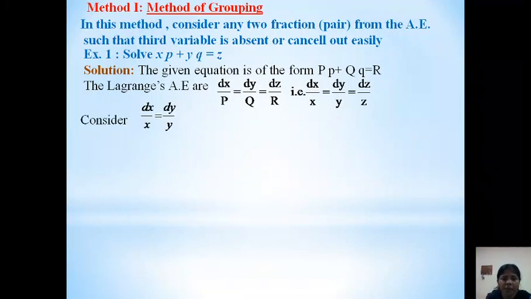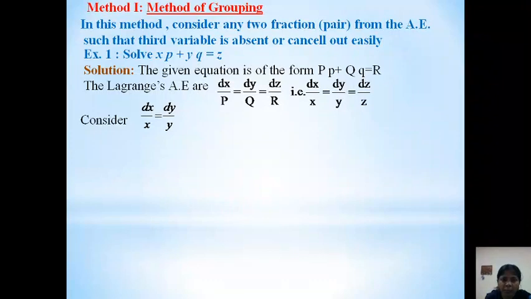Now I have to apply the method. We have to see the possibilities of which two fractions we can consider. Here I can consider the first two fractions. Why? Because here the variable is x in dx by x and y in dy by y. If I consider the first two fractions, I should have completely x and y, or if z is there, it should be cancelled out. I am observing x and y completely, so I can consider the first two fractions. Similarly, you can consider the second and third also, as well as the first and third also, but we want only two solutions, so we'll consider only two pairs to get the two independent solutions.